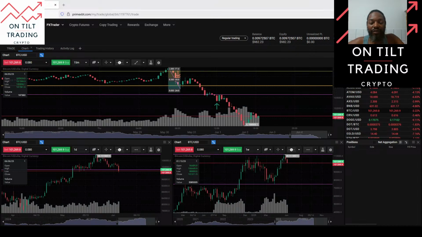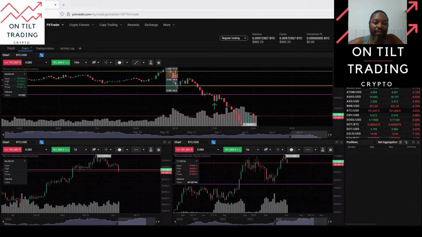This is On Tilt Trading with today's live crypto market analysis and pre-trade strategy. Up today we have Bitcoin. Bitcoin I noticed setting up this morning here on the 15-minute chart. These yellow lines that you see here, this is the pre-market opening structural range for my trading window here for the New York Open. And we can see here we get